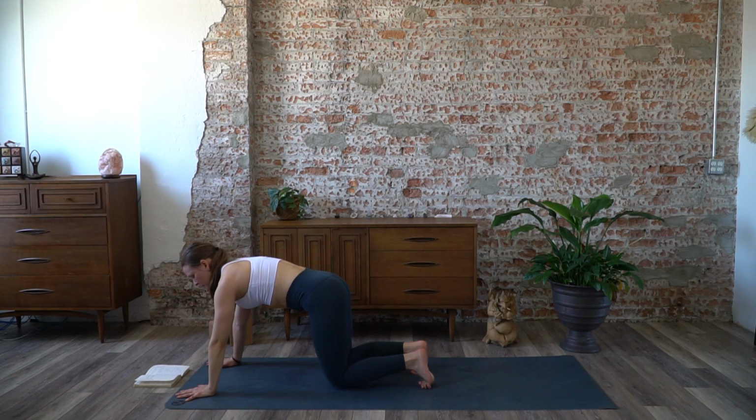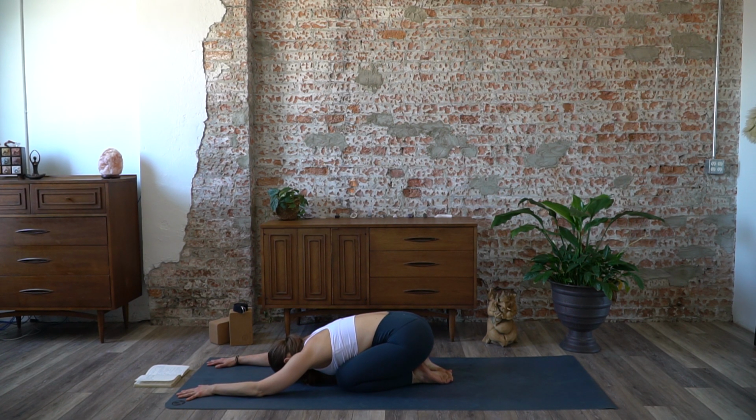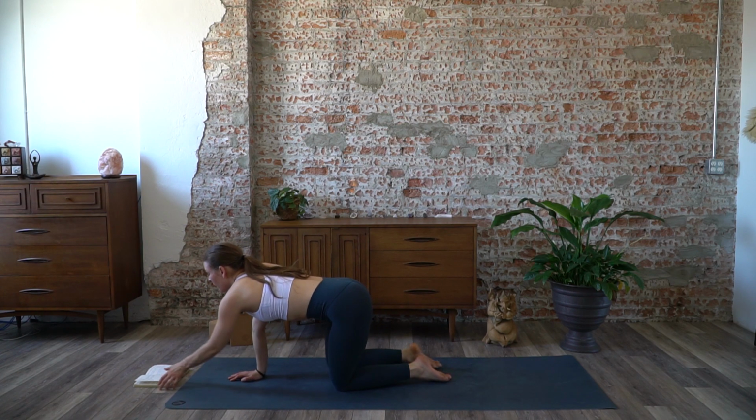Time for a child's pose. What do you say? Sit back to your heels. Rest the forehead down on the mat. Big toes are together. Heels are apart. Allow the lower belly just to rest in the inner thighs. Good, and then we're gonna come up to face the long edge